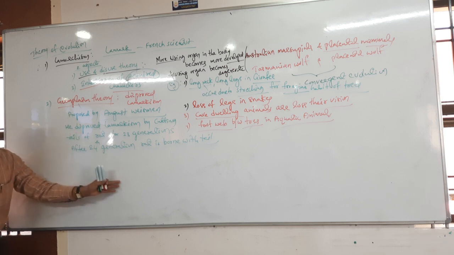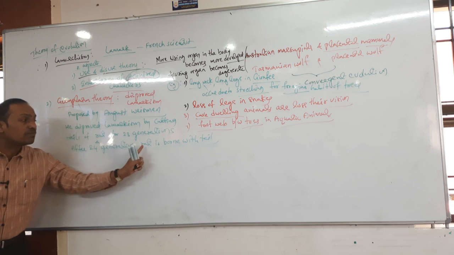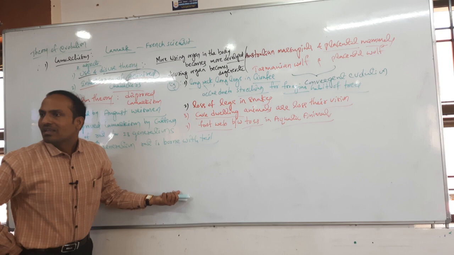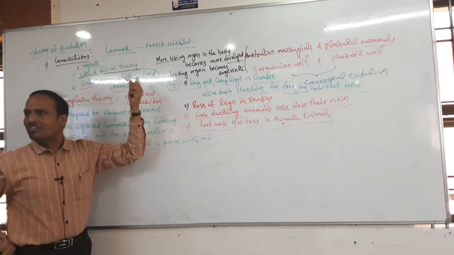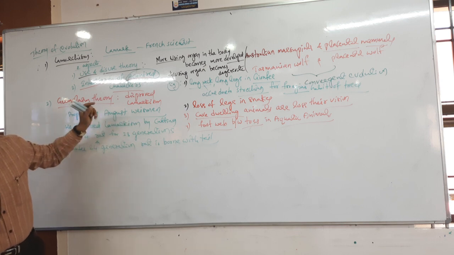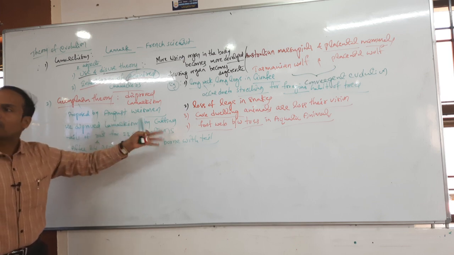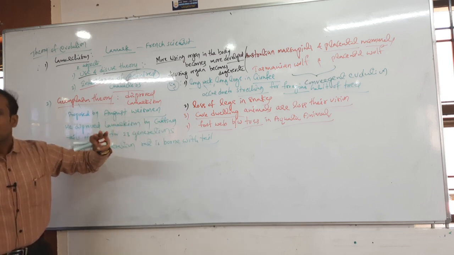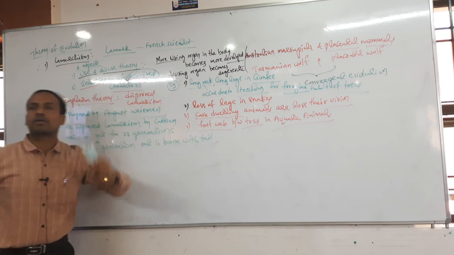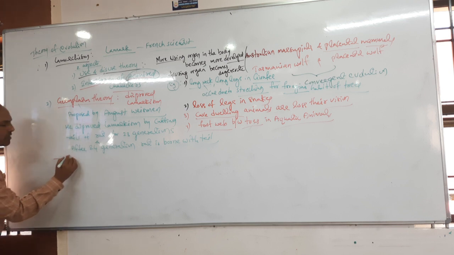But after the 23rd, the 24th generation rat was also born with a tail. How is it possible? What is the concept he has given? Those organs not used should degenerate. If the tail is not used, they can also be born without a tail, they can also give birth to young ones without a tail, but they gave birth only to young ones with tails. What concept has he given, meaning that